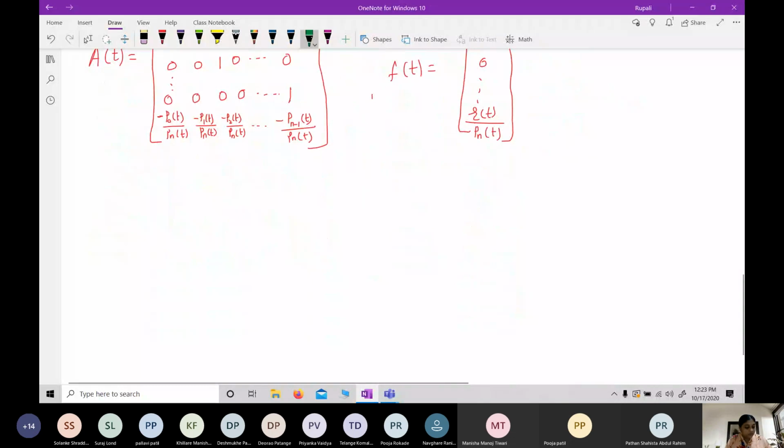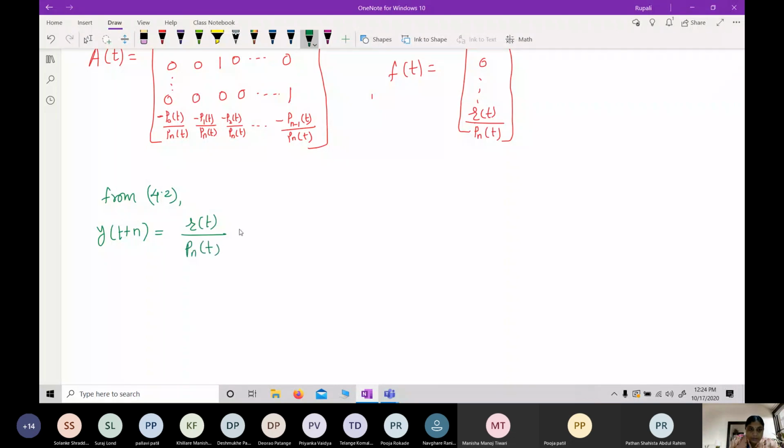Let's see, first let me write that 4.2. What is y at t plus n from 4.2? I can write it as rt upon pnt minus pn minus 1 of t upon pnt minus pn minus 2 of t upon pnt and so on, minus p2t upon